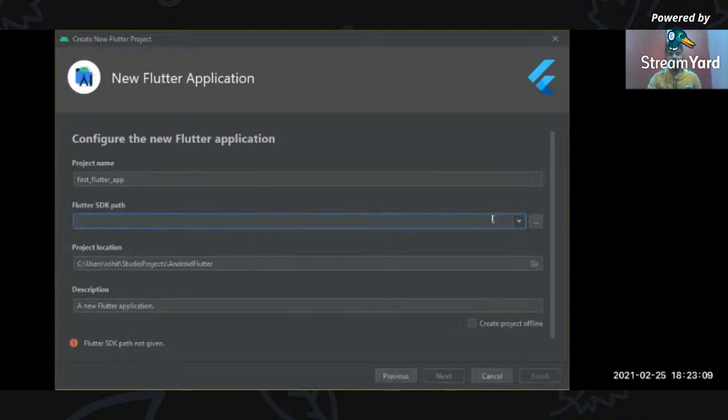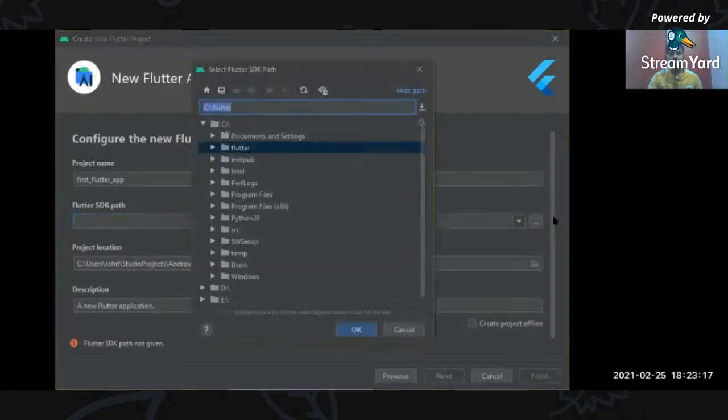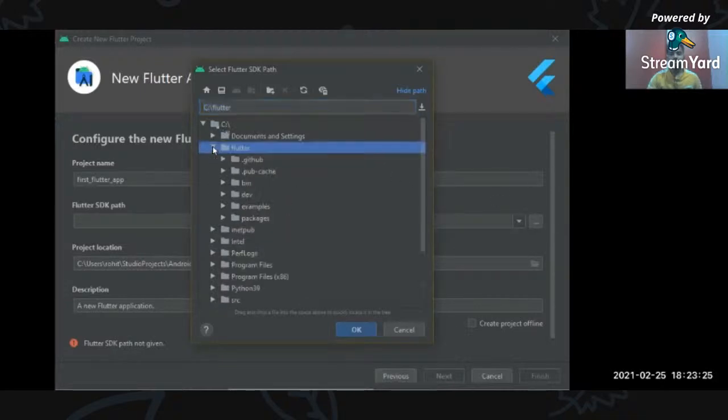If you know the path, you can type it in the field. Otherwise, you can click on the browse dots button and then give the Flutter path here. I have already configured it, like C Flutter, and just click OK.